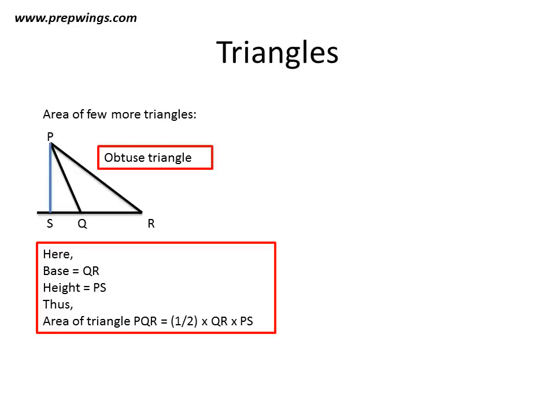Now we look at the area for few more triangles. This is an obtuse angle triangle, PQR. Okay, in this PS is the height drawn on QR, which is outside of the triangle. Okay, thus area of the triangle PQR will be half into QR, which is the base, into altitude on QR, which is PS. So half into QR into PS is the area of triangle PQR.